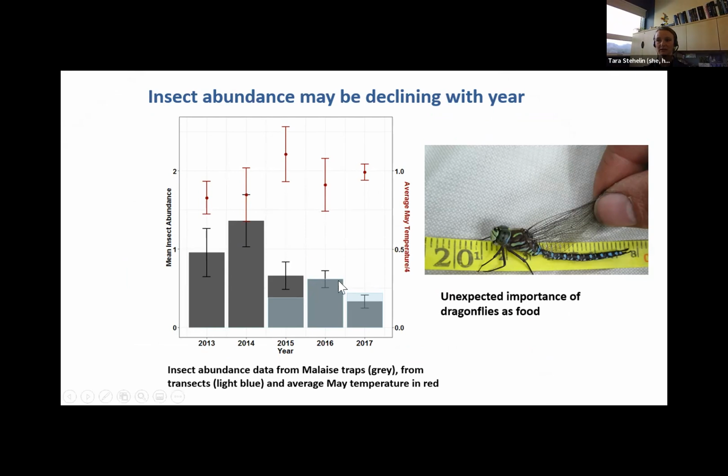which also we need to look at more years of data, and we're going through some more insect data right now just to try to determine, is this a long continuing trend, or were 2016 and 17 just terrible years? So that remains to be seen. But it does seem that insect abundance is declining